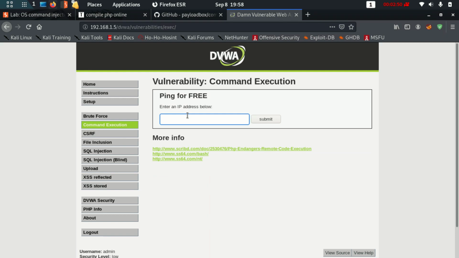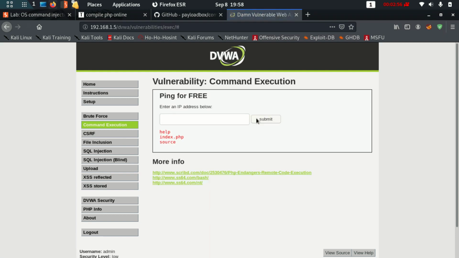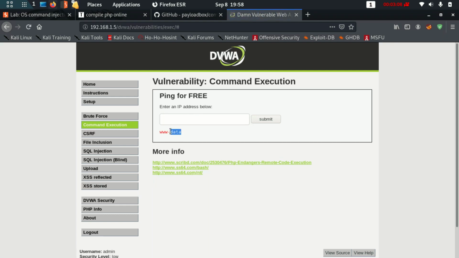So again, firstly I'll break that command with this semicolon and I'll run ls and submit this. You can see the ls ran and it gave us all 3 files which are there in that directory. Again, if I break this command, I'll run whoami, so it will run and show the user. What is actually happening is that whatever command I am giving goes here and runs. So over here, when I remove this and give the input as semicolon ls, this semicolon will break the command ping -c 3, and then semicolon. So this will be over and then ls will run.